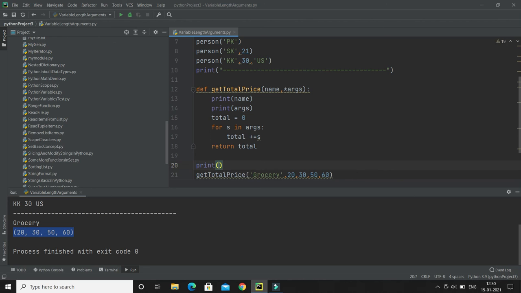And of course you can pass some comma-separated strings and key value pairs. Then the strings will be assigned as a tuple in this first variable, and all the key value pairs are going to be assigned in this variable.